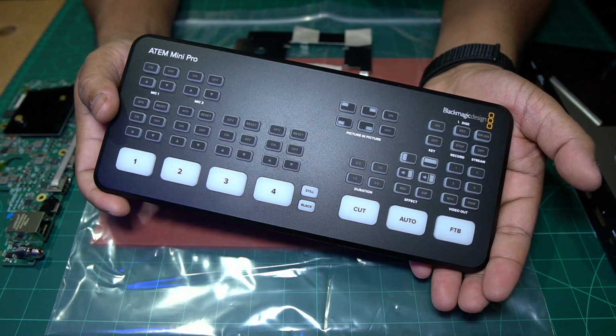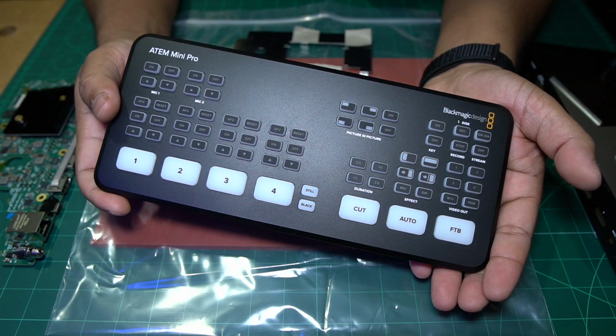The HDMI output on your Atem Mini has stopped working and your device is out of warranty. Blackmagic will not want anything to do with this. So how are you going to get this repaired? Well, stay tuned while I explain to you what the problem is and the quickest way to get this issue